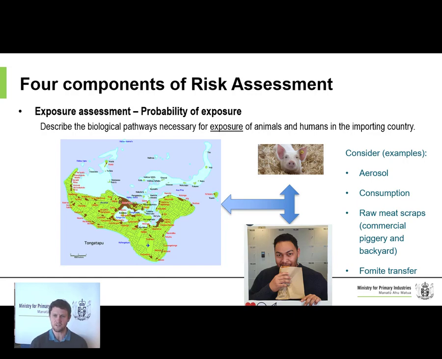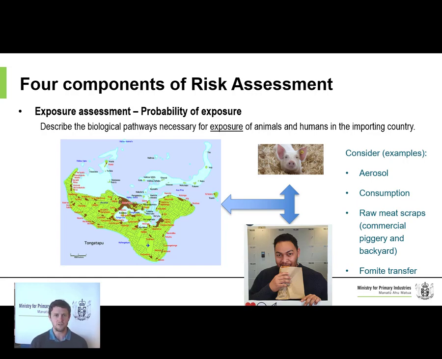So some of the things that we consider: aerosol. What are the opportunities provided for an organism to move in aerosol, whether it be droplets in the wind? I know foot and mouth disease is a pretty tragic disease that has a very high likelihood of spread via aerosol means. But what is the likelihood of African swine fever being able to infect humans or animals using the aerosol method?